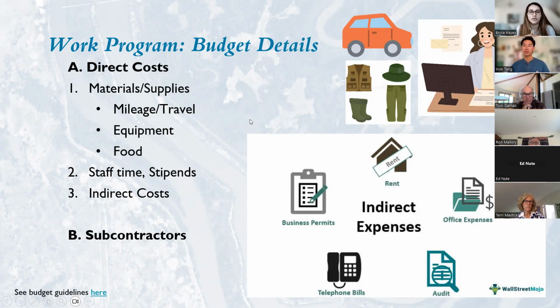So you will also be required to give some more detail about what expenses you think that you're going to incur during your program, during your project. So this includes direct costs such as materials and supplies. So this can be personal protective equipment, including boots, hats, waders. It can be sunscreen. It can include any project preparation materials such as printing,